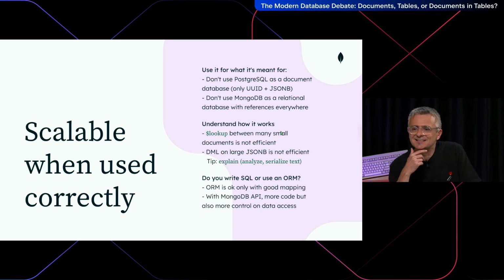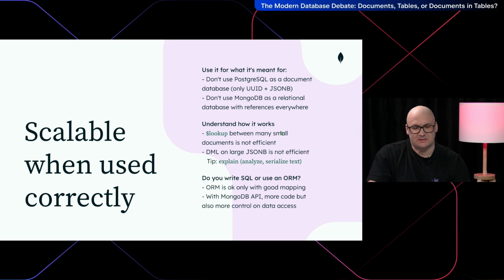I have another stupid question here, since you mentioned references. So if I'm querying a document that has a reference to another document, will this reference be resolved automatically, or do I have to do that on the application level? So if you do that on the application level, then you will have multiple round trips. So if it's in MongoDB, you will use an aggregation pipeline with a lookup.